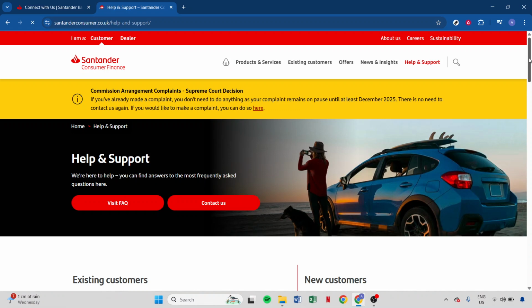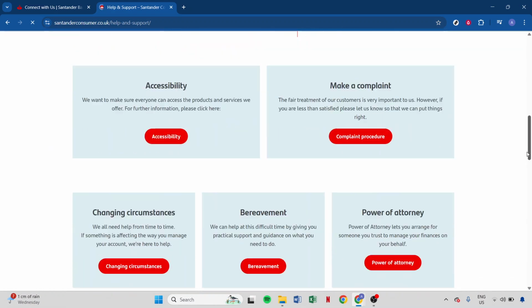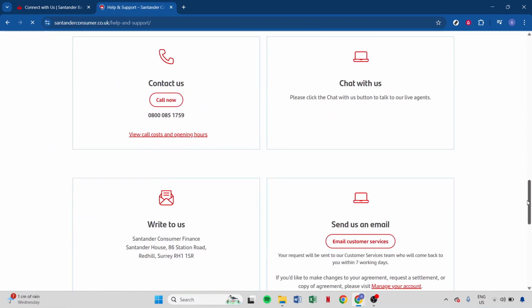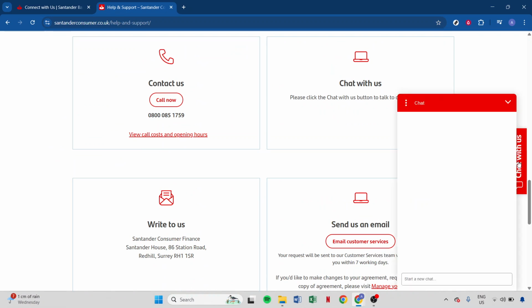chat support. If you prefer the immediacy of instant messaging, there's a Chat with Us button. By selecting this, you can access their chat support, allowing for real-time assistance with your concerns. This is particularly effective for those who may have complex queries or prefer a quicker resolution without the hassle of